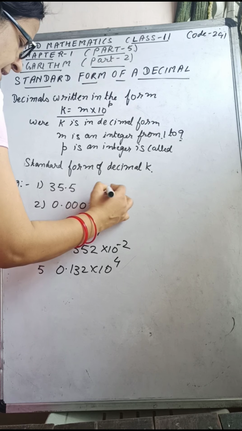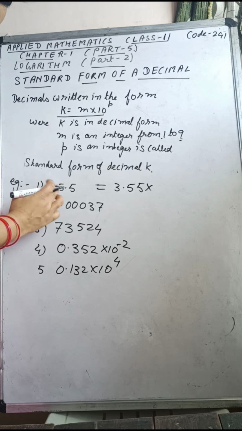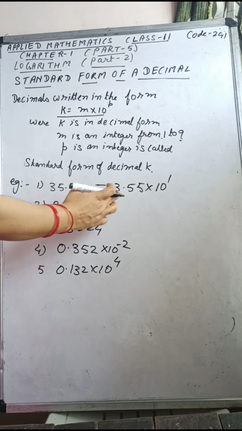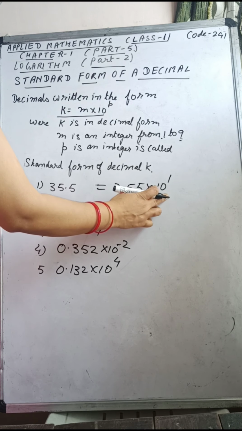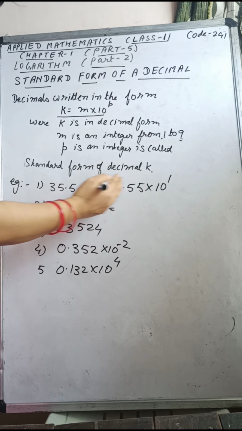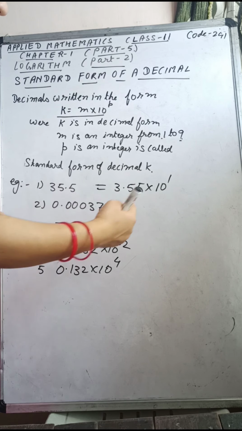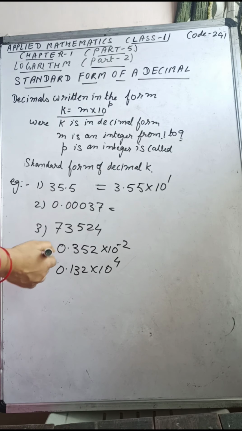So this I can write as 3.55 into, over here see this decimal has shifted left side. Decimal has shifted left side. So we will be writing over here into 10 to the power 1. That is, if we will multiply 3.55 by 10, we will be getting 35.1. Decimal shifted left side, 10 power positive. Decimal shifted right side, 10 power negative. This only you keep in mind.